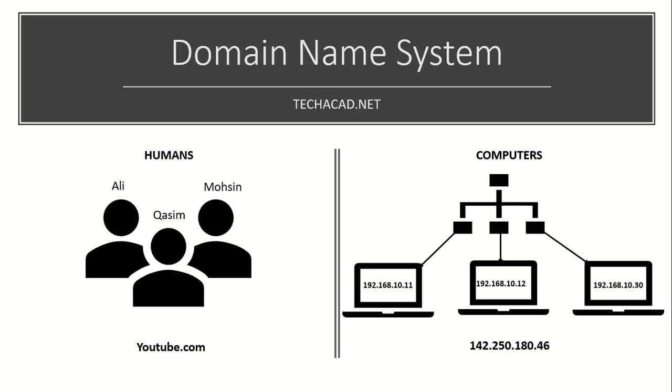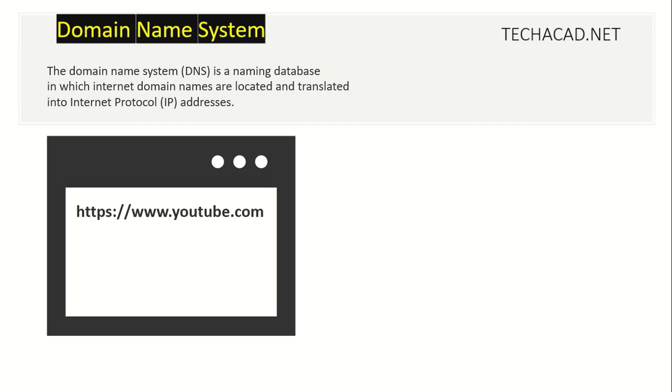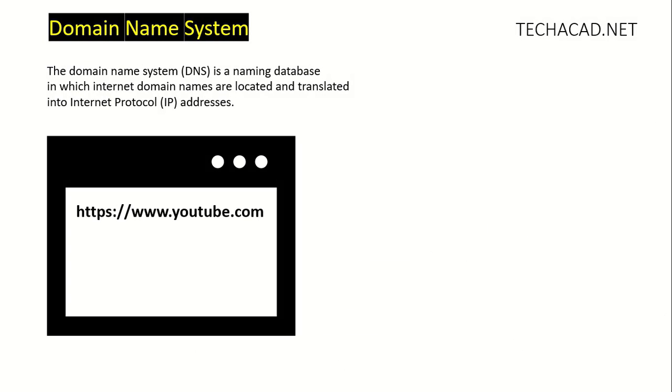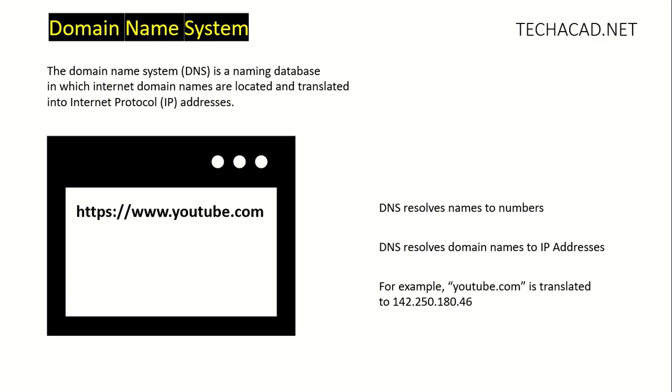So engineers developed a protocol which performs the duty of translating domain names to IP addresses, and that protocol is called domain name system or DNS. So domain name system or DNS is a naming database in which internet domain names are located and translated into IP addresses. So DNS resolves domain names to IP addresses. For example, youtube.com is translated to